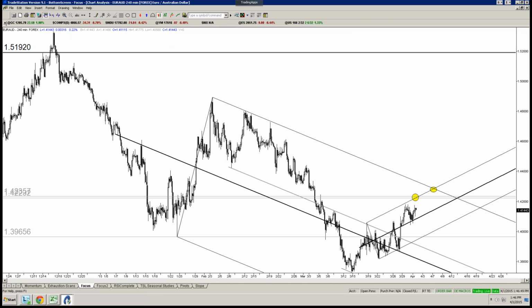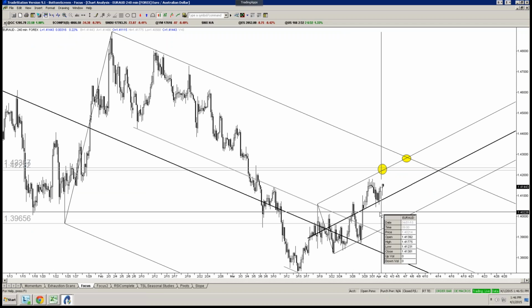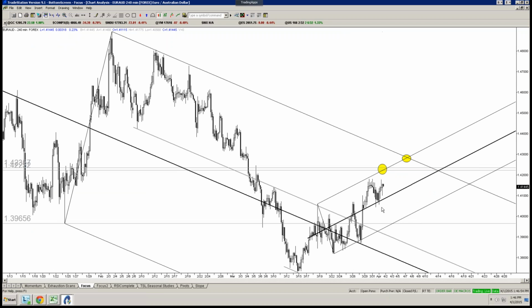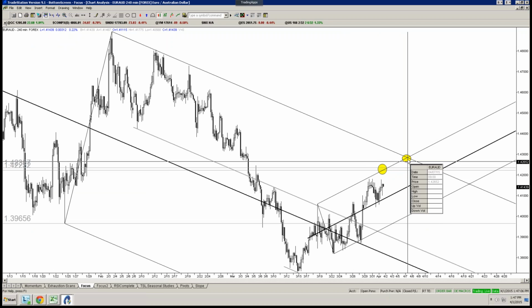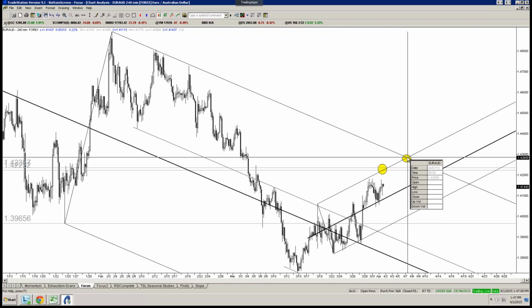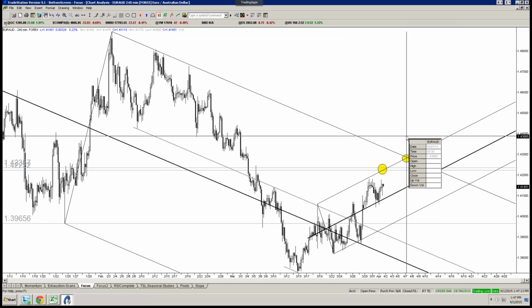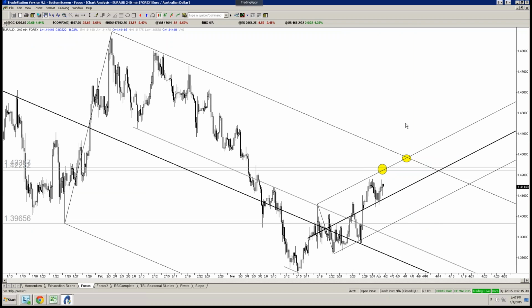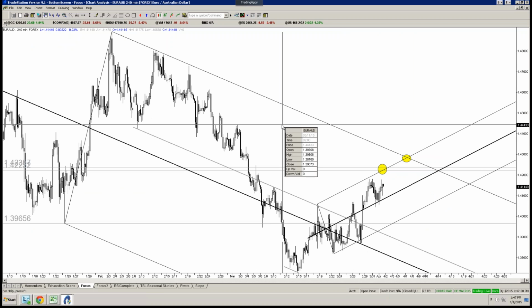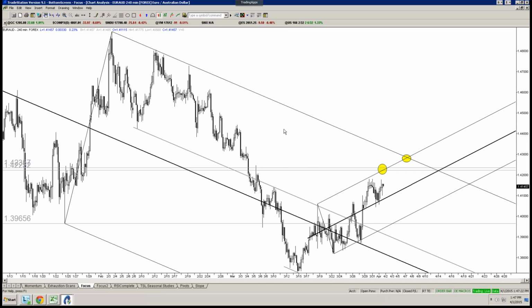So in this case, what we want to do is find out where resistance is in the downtrend. Again, I think it could be 142.25, 142.40 because of the resistance up here from this slope. The even better level, as I mentioned, would be the confluence of these levels up here, which happens to be about 142.85 or 142.80, and that's the level you want to look to short within the trend, because you should know very quickly if you're wrong, right?